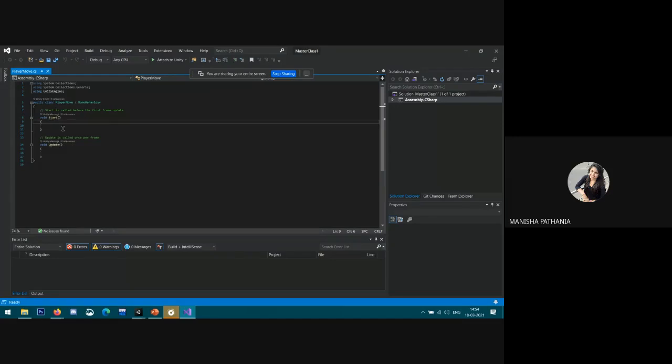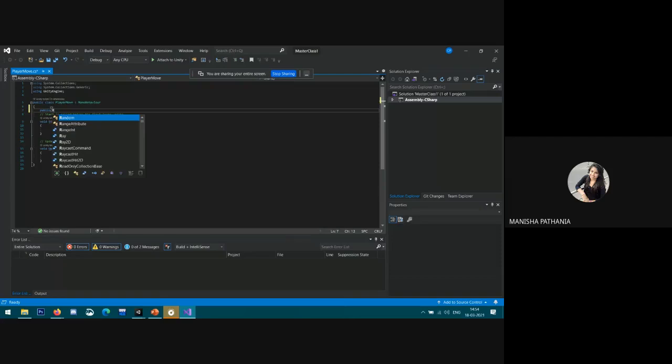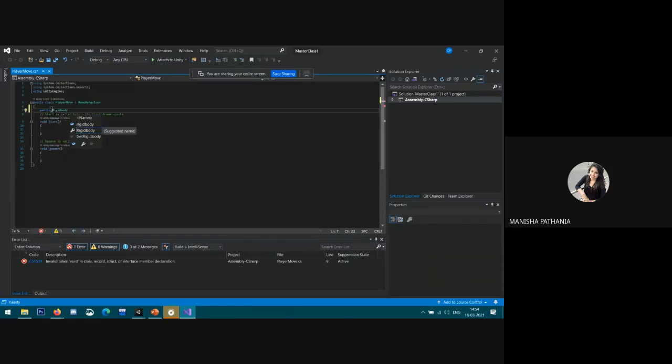For that, first I declare a public variable, public, and the name of the component that we need to modify. In my case, it's rigid body. Then after that, we have to give this reference a name. You can give any name as a reference to your component that you need to modify. In my case, for example, it's RB.